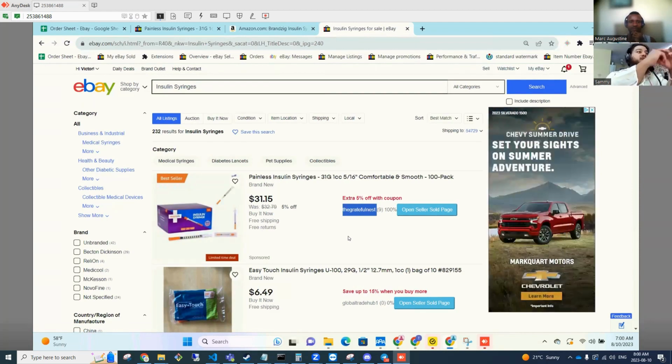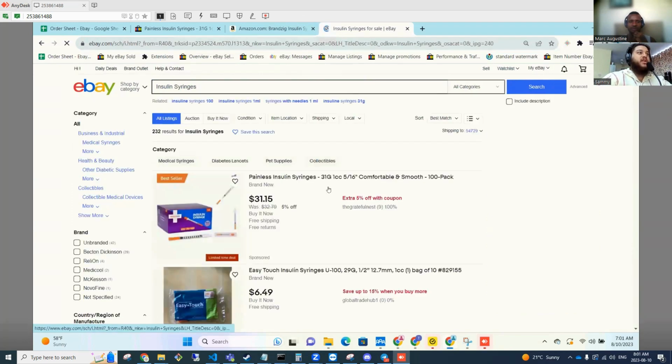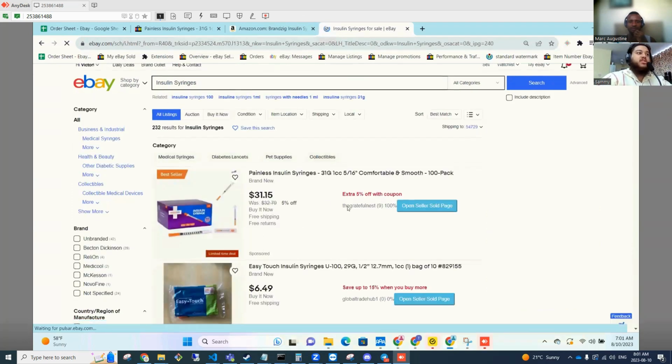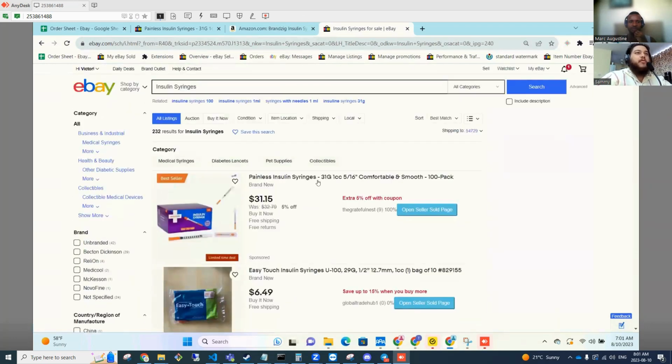So that means when it was 0, it's not going to show it to people, right? But as soon as we increased the quantity, eBay started showing our insulin syringe to the public again. So you guys can have a live understanding. If we search insulin syringe again, you'll see, granted, our one is sponsored. However, that's how they do it. So we can compare with everyone else.